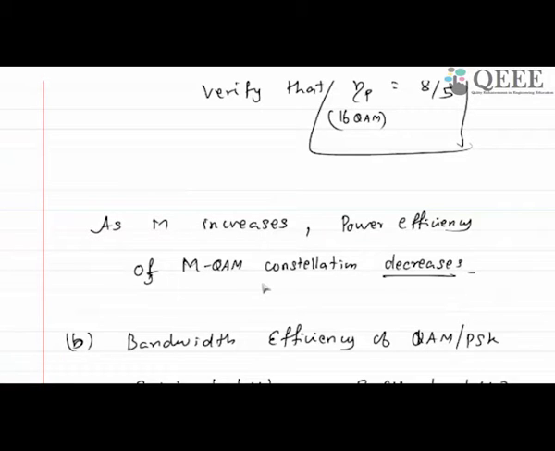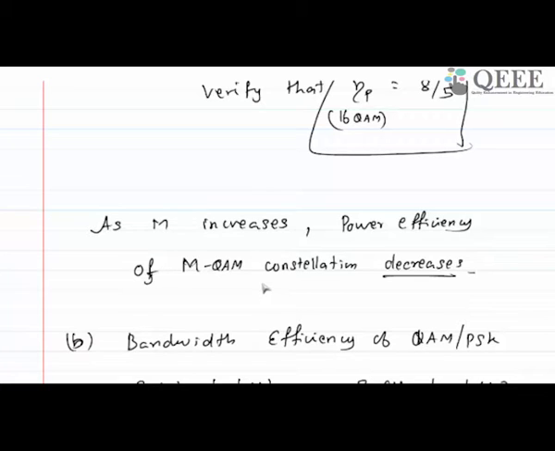In general, any QPSK is a special case of QAM, right? So essentially it means that you need to spend a lot more power if you increase the constellation size to get the same error performance. So that is what it means. Suppose I am sending 16 QAM, I spend this much energy to get this much error performance.